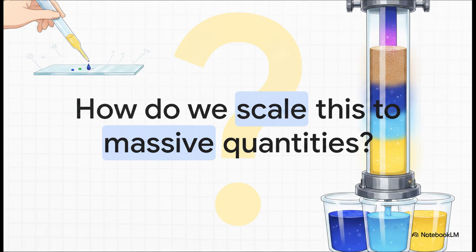Which leaves us with a truly fascinating question to ponder. TLC is amazing for screening microscopic, qualitative amounts of a substance. But what if a pharmaceutical company needs to physically separate, isolate, and collect massive, industrial-sized buckets of these chemicals? How do we scale